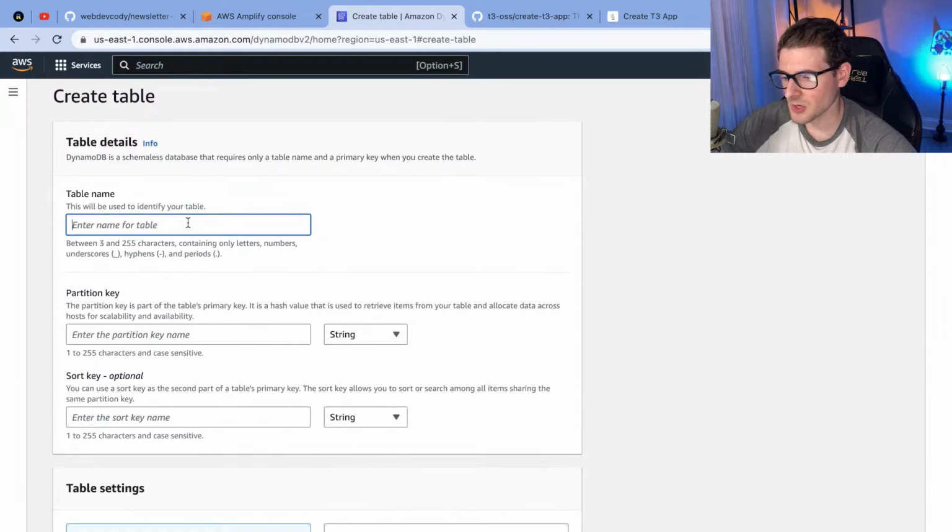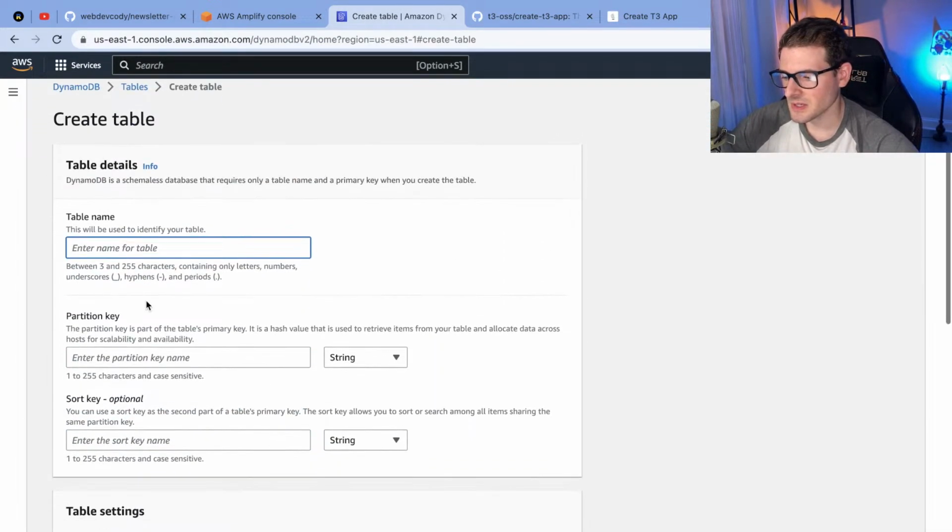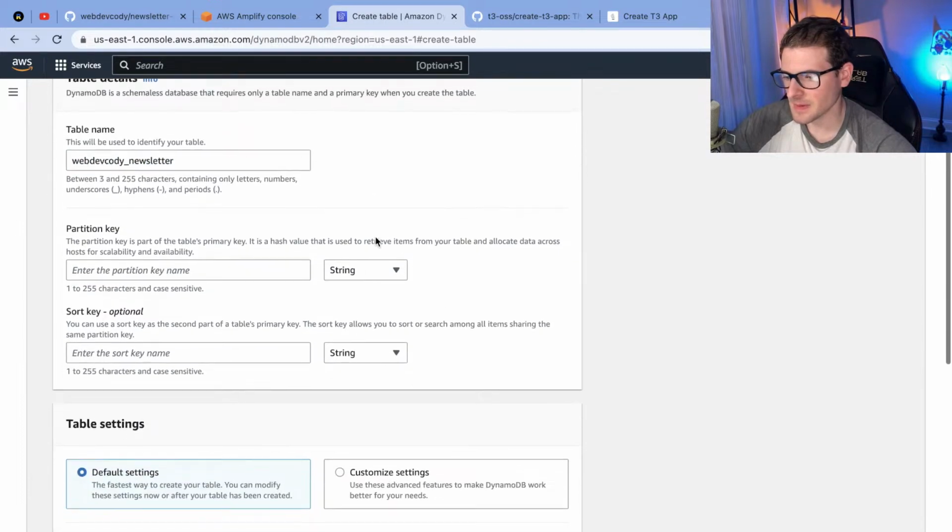But for right now, I usually start with ClickOps just to get the resources created, understand what things I want to set up on these resources. So in our case, we're going to say web dev od hyphen or underscore newsletter. Just a place to store all the actual emails that people submit.